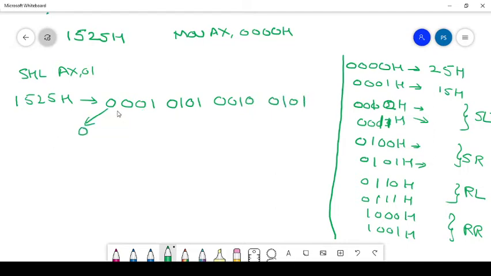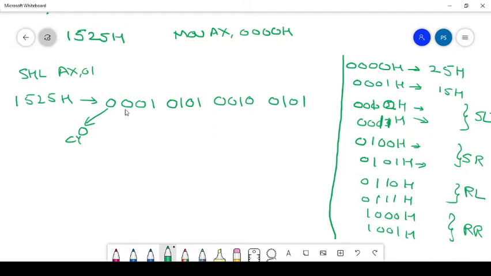The MSB 0 goes to the carry flag, and the remaining bits shift left, and you have to insert a 0 in the newly created LSB.